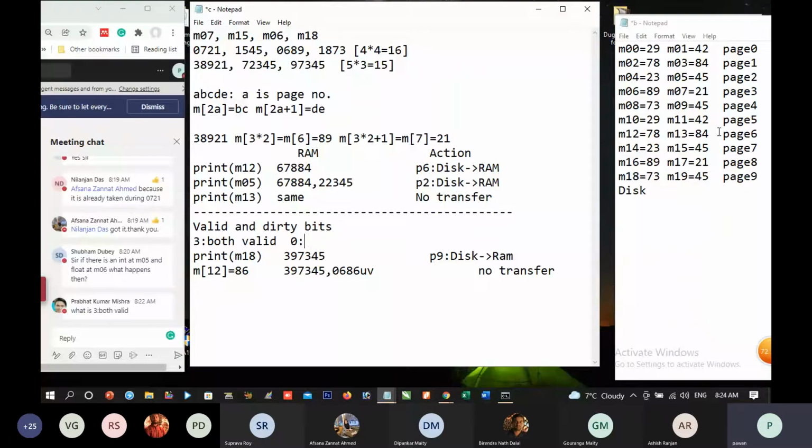Page number 8 contains two numbers. 0th number is 89 and 1st number is 21. And here we shall write page 6 contains 86 and here we can write any garbage number. Suppose we write it 56.